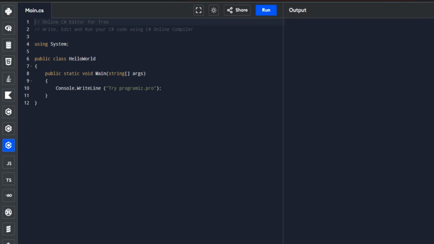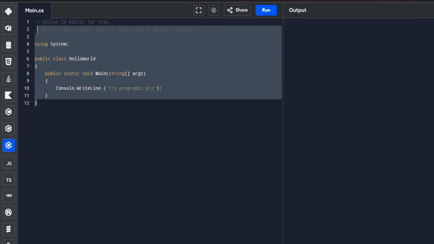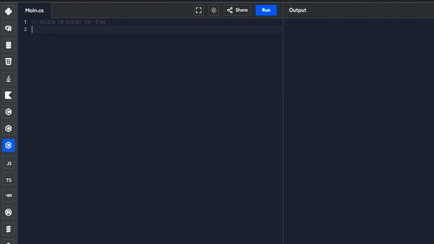Okay, so we need to delete this first. So again, I will rewrite the same operations in C sharp to compare the behavior of enumeration type in both languages.